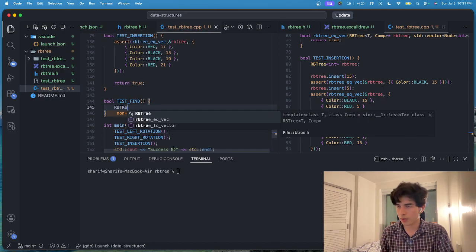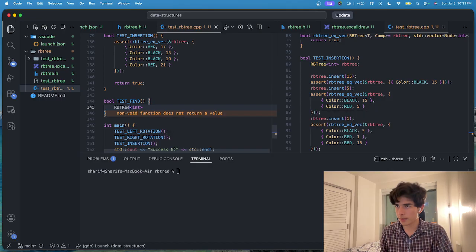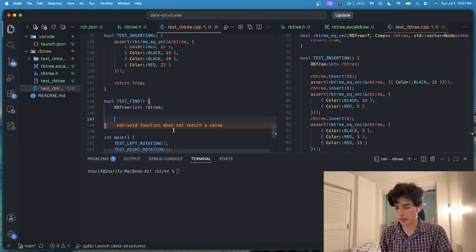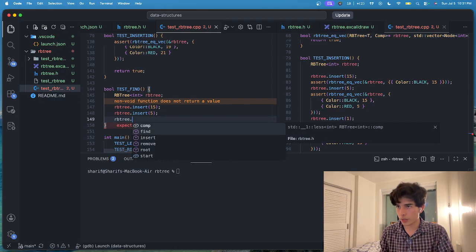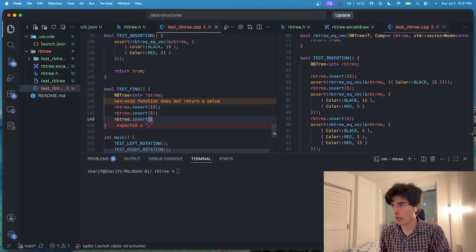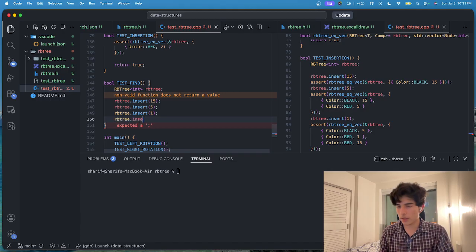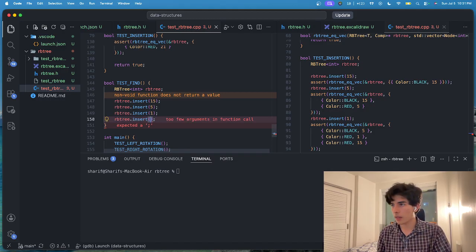We have the red black tree of integers, and then I insert all the stuff that we've been inserting so far. So 15, arbitrary insert, and then 5, arbitrary insert, and then 1, arbitrary insert, and then